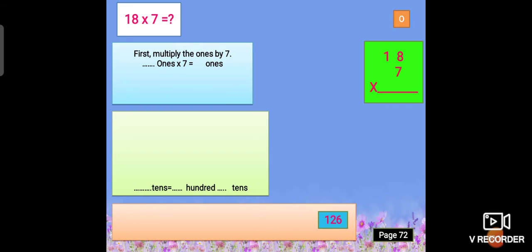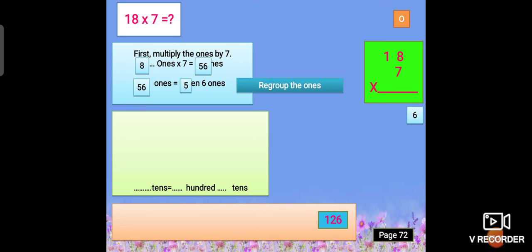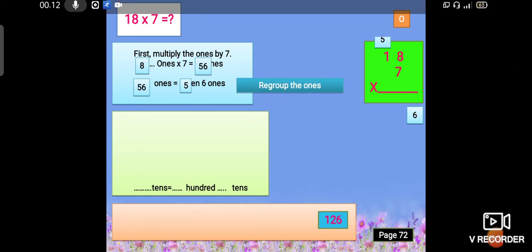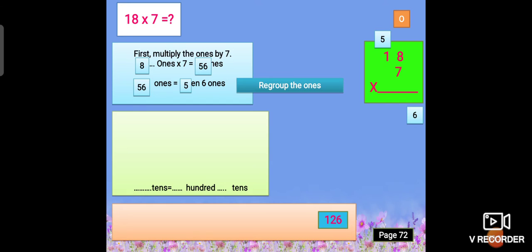So 8 times 7 equals to 56. 56 ones means 5 tens and 6 ones. Then we regroup the ones. We write down 6 under and 5 above the tens. And then now